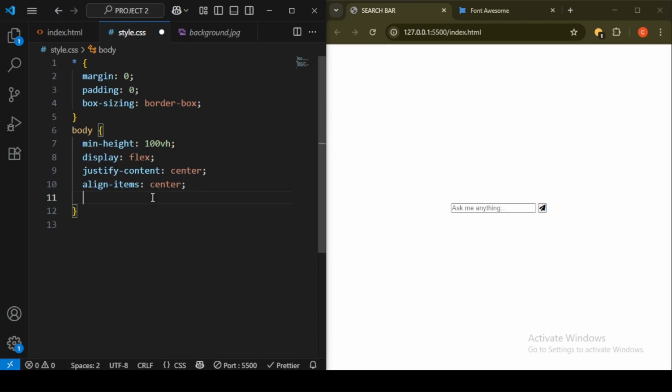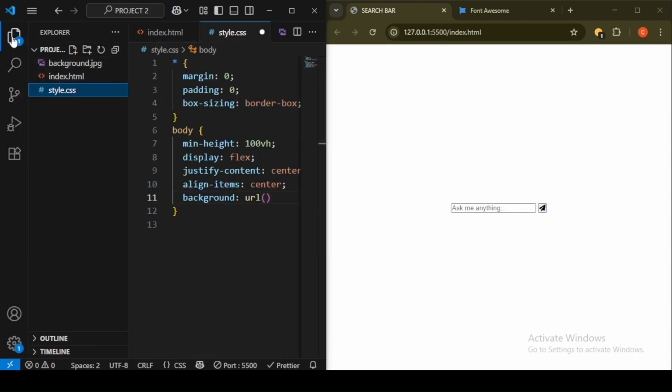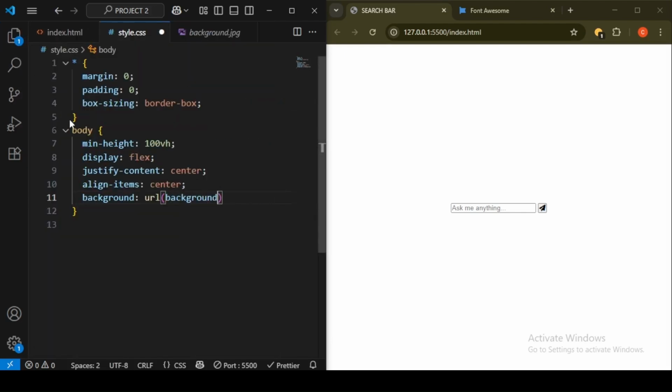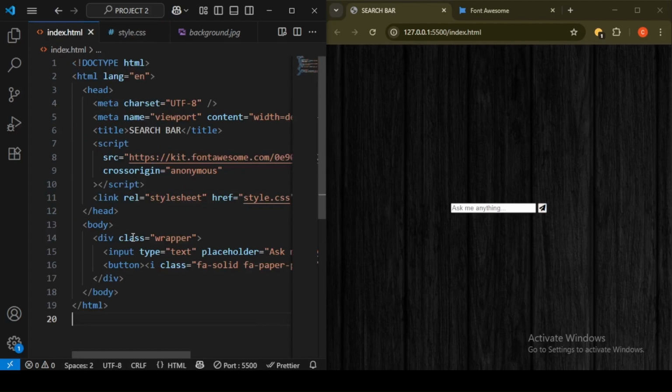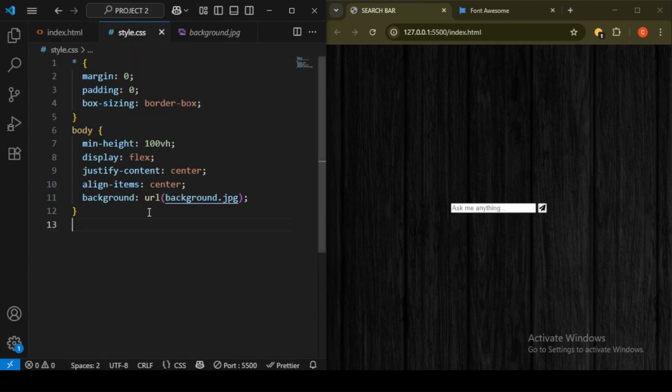Now we give the body a background of the image I initially showed you. So with the URL, the file name of the image is background.jpg. So that's what we are going to type into it. And this is what we have. Next, we style the wrapper itself. So with the wrapper class name,